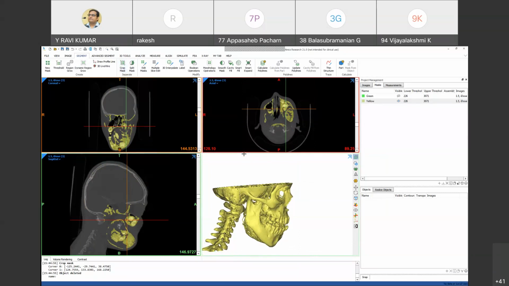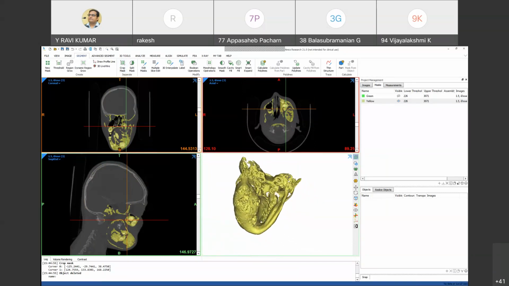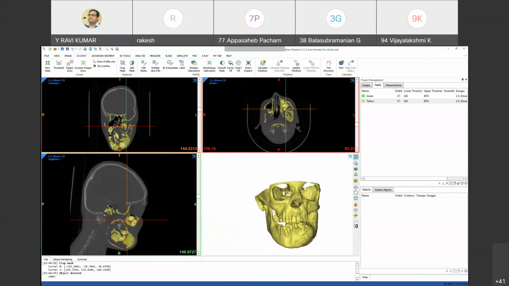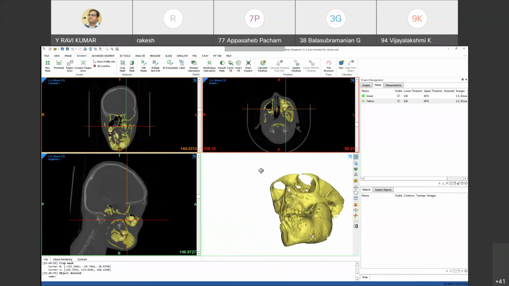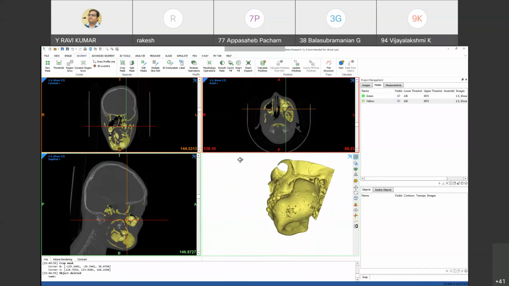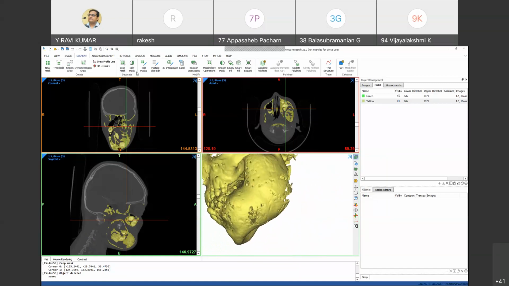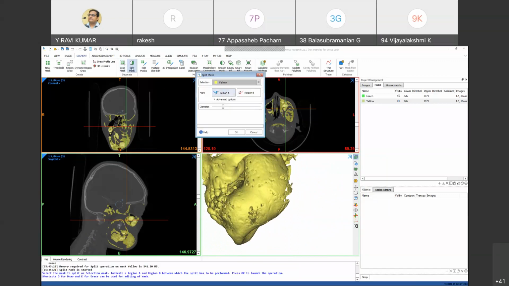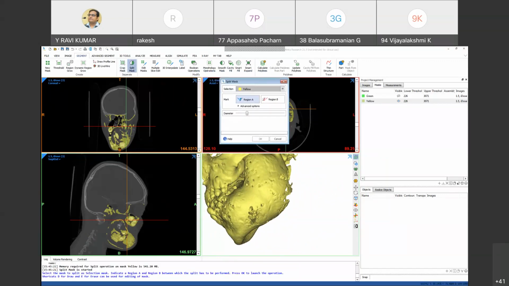Okay. I don't want that. Now I need to remove the maxilla. The mandible is there, but the maxilla is a critical one. So I will use another tool called split mask.